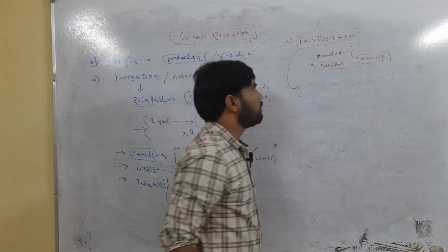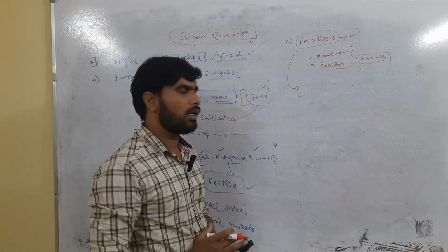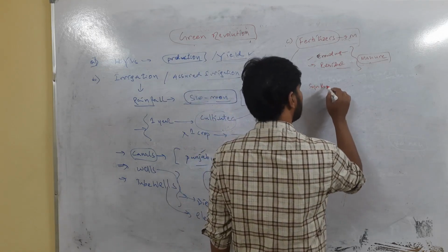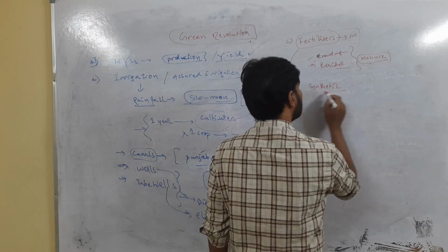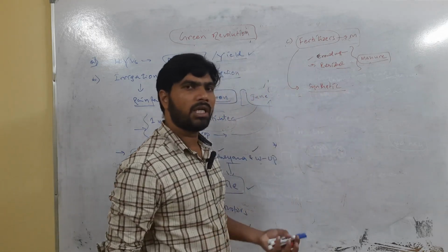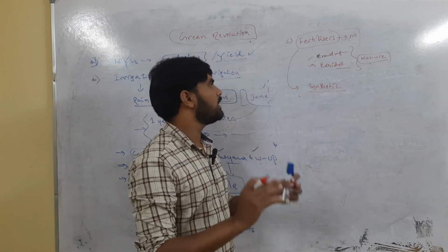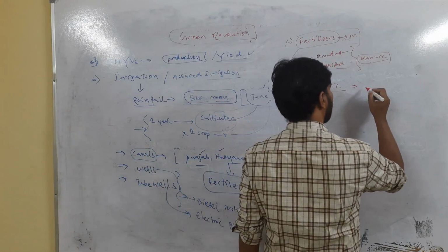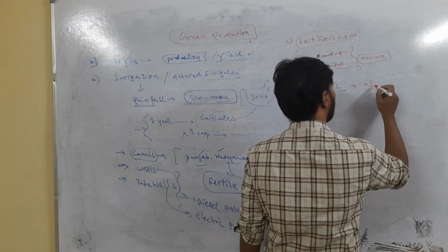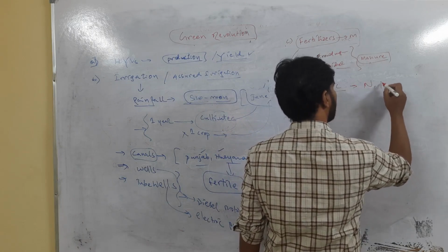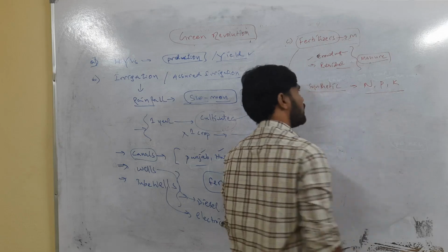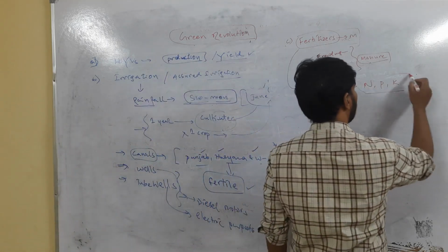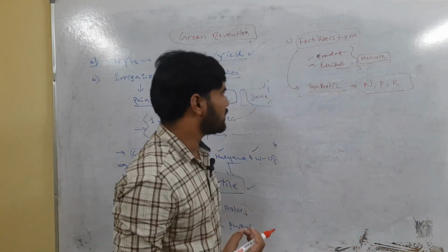Now, instead of using natural manure, we have started using synthetic fertilizers. Synthetic fertilizers means artificially prepared fertilizers in the factories. Fertilizers have been created basically for 3 nutrients, that is NPK: nitrogen, phosphorus and potassium. You will study this in advanced classes or maybe in science and technology.